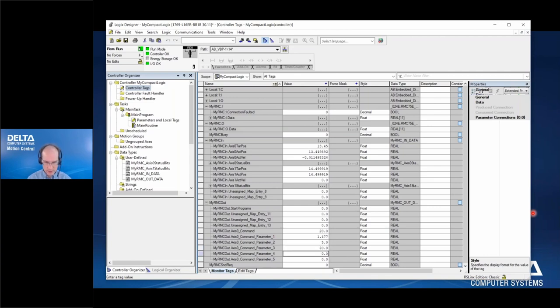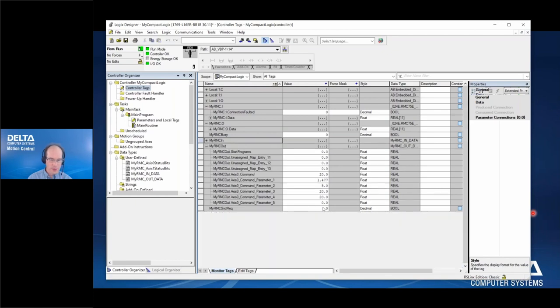Let's see, accel and decels of just 20 and direction of 0. And so now to send that, I need to set the send busy bit, or the send request bit. Where is that send request bit? Right there. So I set that to 1,